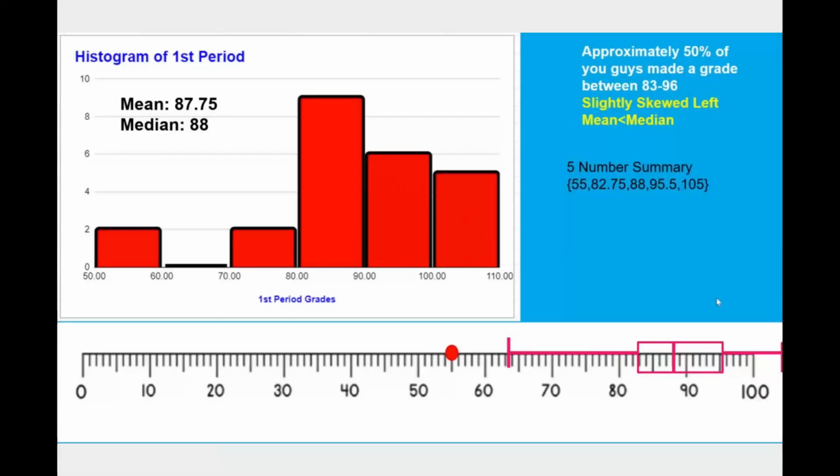we're doing. So just to give you an idea, we didn't do a test over this unit, but in the past I have, and this might have been last year or the year before, but here I have a histogram of my first period test scores alongside a bar graph, so we can see there's an outlier there. We can see the maximum, minimum. Looks like I gave probably bonus points for doing a review or something. We can see my 5 number summary, and we can see that the graph is slightly skewed left, maybe symmetric,